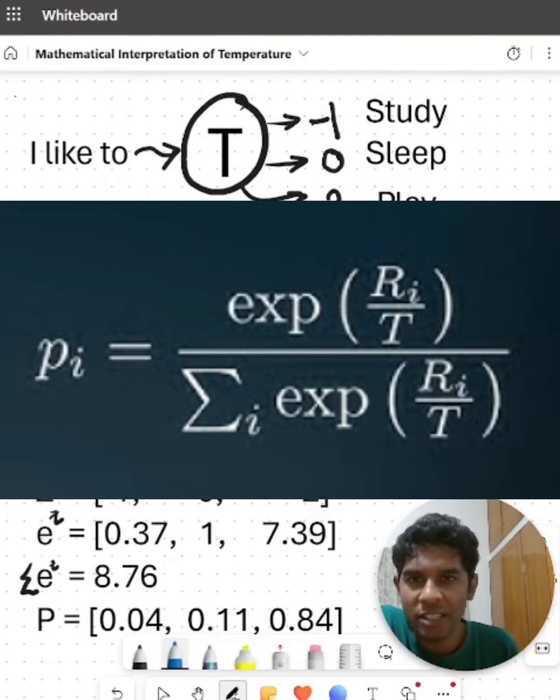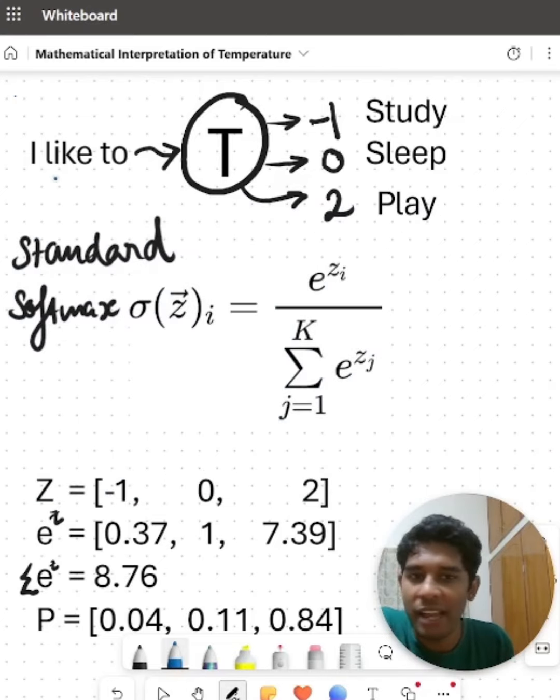Temperature parameter in large language models is used to control the randomness of its outputs. But in order to show that it's not magic and it's just pure math, let's consider this example. Let's say I have a sentence, "I like to," and I'm trying to predict the next word using a transformer